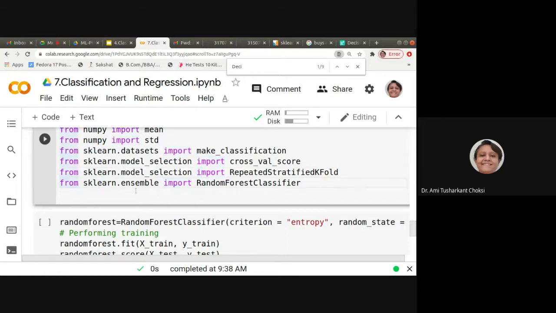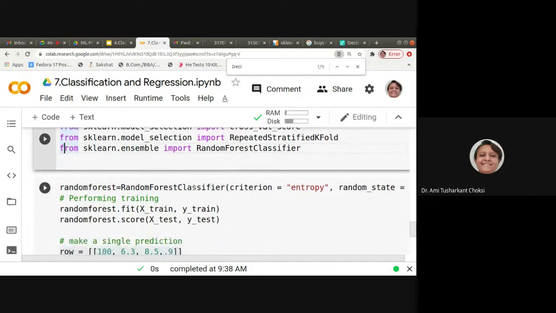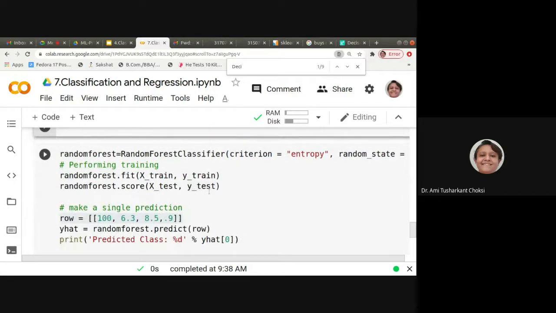From sklearn.ensemble, import the random forest classifier, because we want to use it. We should also have X and Y, that is, the split of train and test data set.